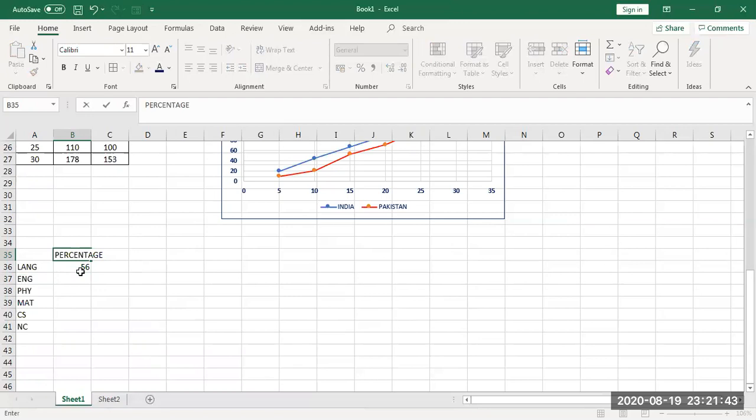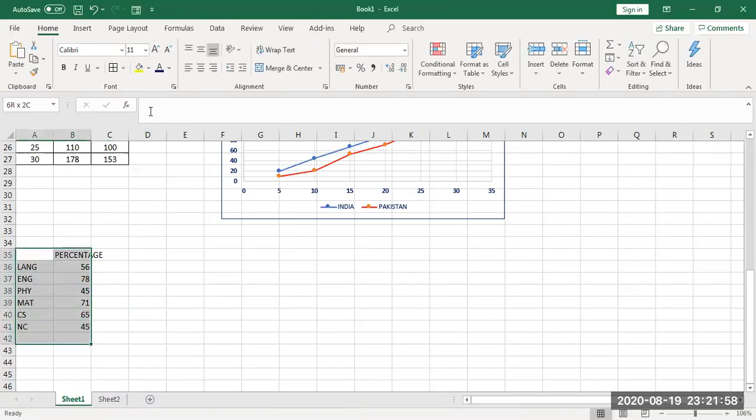For one student, I have given the percentages 56, 78, 45, 71, 65 and 45, like this. So we have the values.